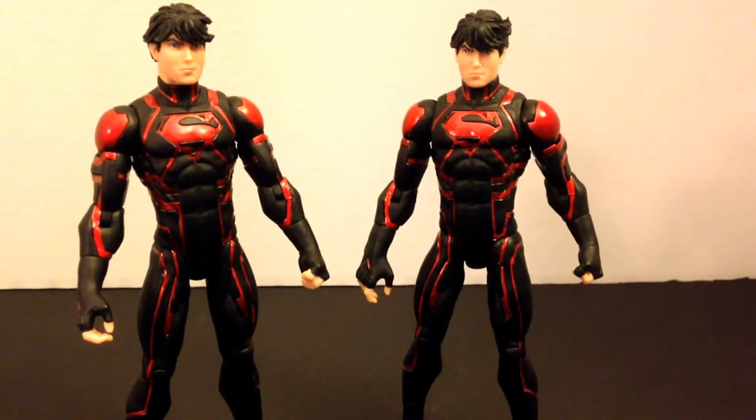And it's not just for me. It's for all of us out there who collect from DC. I'm just happy to know that they are aware that these issues are happening. So he went ahead and sent me the Superboy, and I of course paid him for shipping because I wasn't going to make Rob, after all he'd done, pay for shipping. So he kept Wonder Girl and Kid Flash, and he sent me the Superboy, and that's the Superboy you see